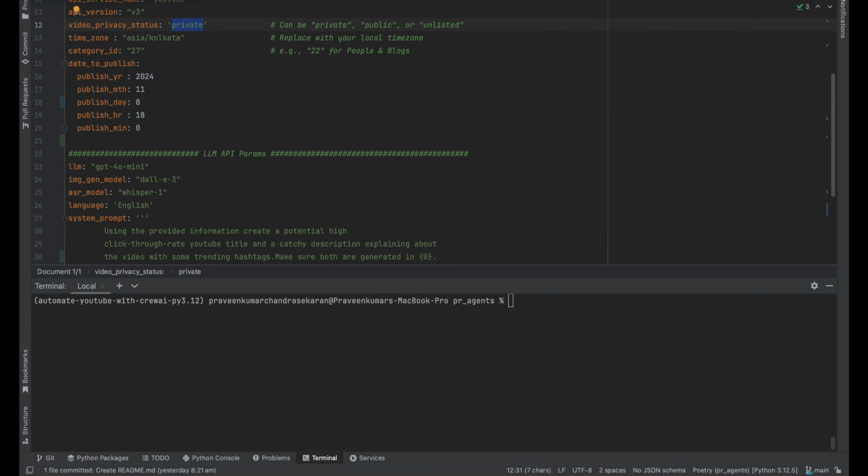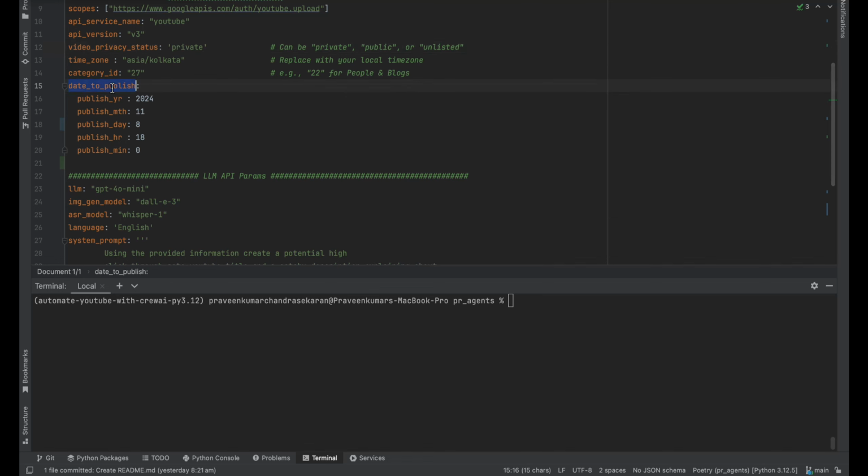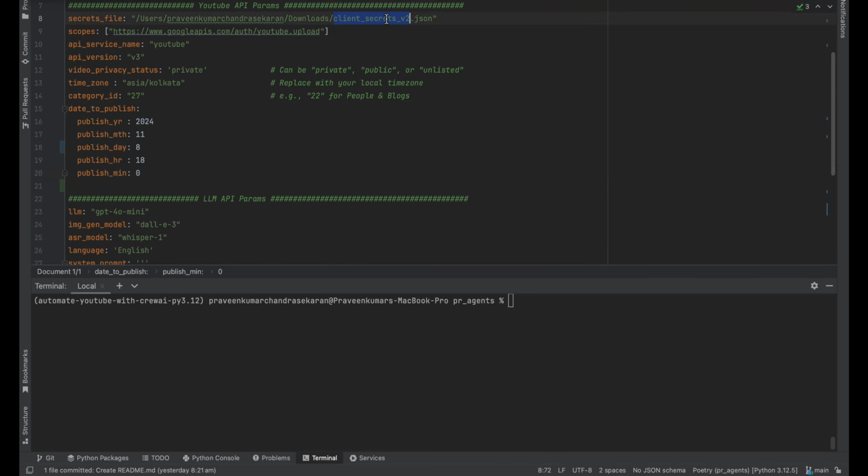So once the config is set up, let me also quickly walk through what this is. So, schedule. Since not only the AI part is automated, even the video will be uploaded to YouTube automatically. For this, you should have a client secrets v2 JSON file. And once that is done, if you want to schedule this video for a particular day, you can set that as well. Since today I'm going to trigger the script, it's 9th November, I'm going to set the date,